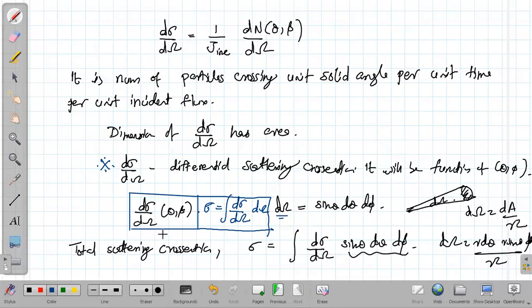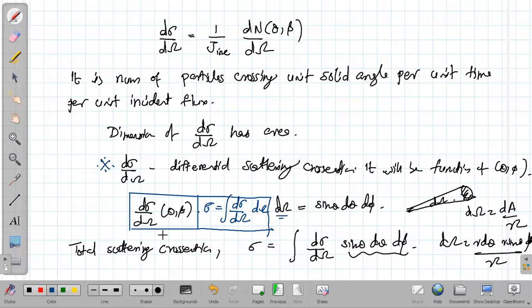With this, we stop our discussion for today's topic, and in the next class we'll discuss the scattering of spinless particles. Before going to that, in your textbook there is a relationship between the scattering cross section in the lab frame and the center of mass frame. You can just go through it. It is not part of our syllabus, but it is nice to know.